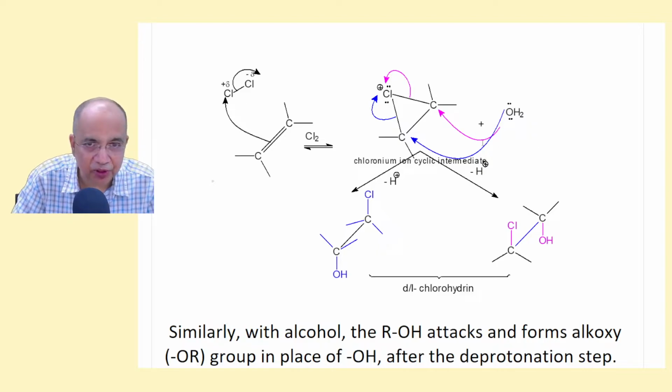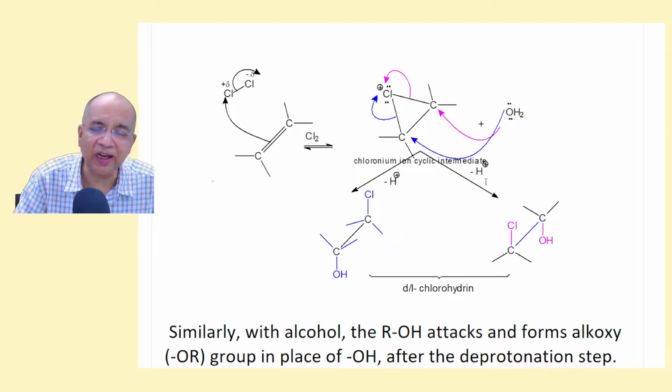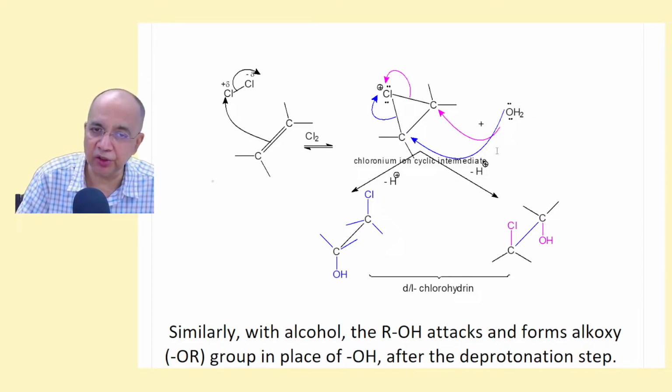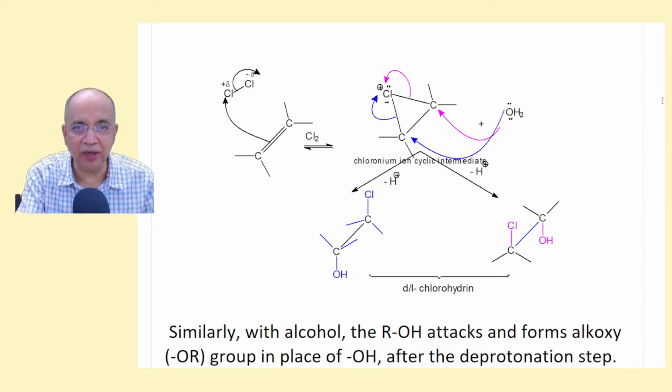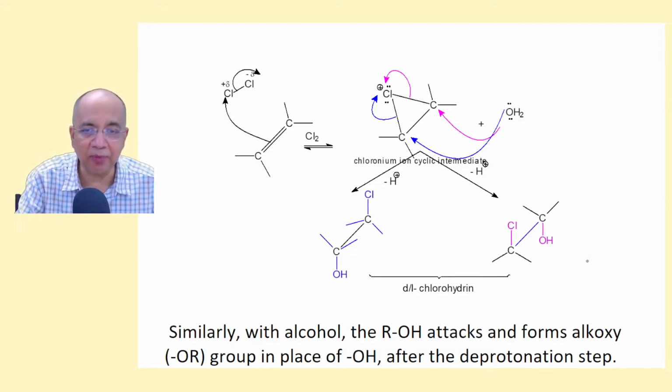Now see this situation. And chlorine has stood up, and the other possibility is the water will attack here, and the chlorine will stand up. Of course, there will be one additional step, deprotonation. When it will join, O will be carrying plus charge. It will be protonated alcohol, OH group. But deprotonation will be immediate, and after that you get alcohol. Because not that after attacking water you get alcohol. After attacking water, I am showing you what will happen. It will happen like this.